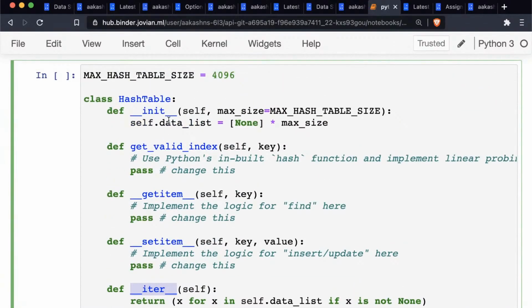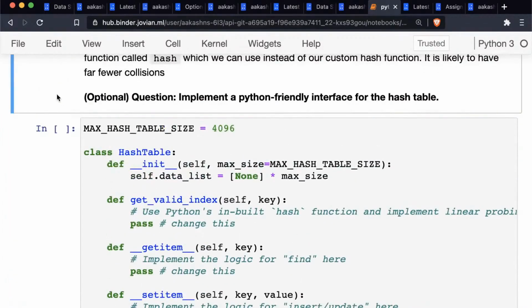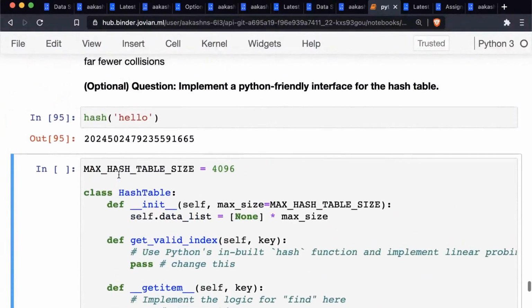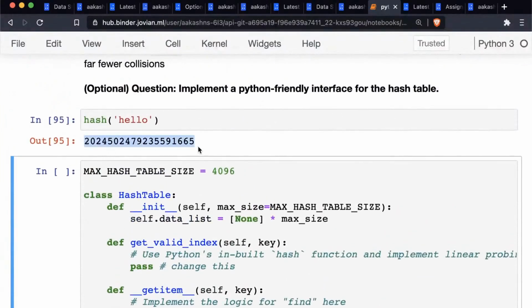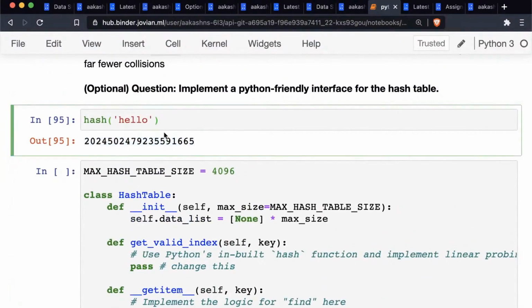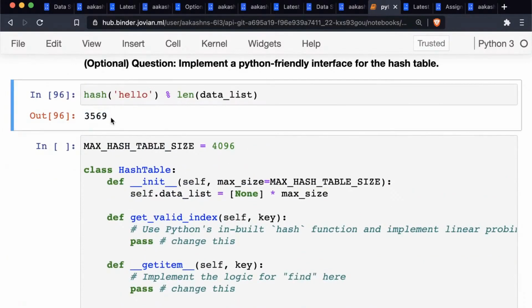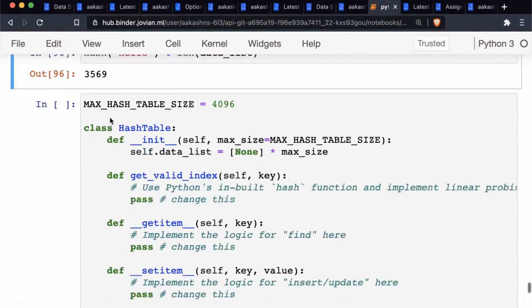And also, instead of using the custom hash function that we have defined, you will use a function that's inbuilt into Python called hash, and it takes any string or any object and it returns a number for it. Now, since hash does not accept a list, you will have to take the remainder manually. So in this case, for example, we've taken the remainder and gotten back the number 3569.